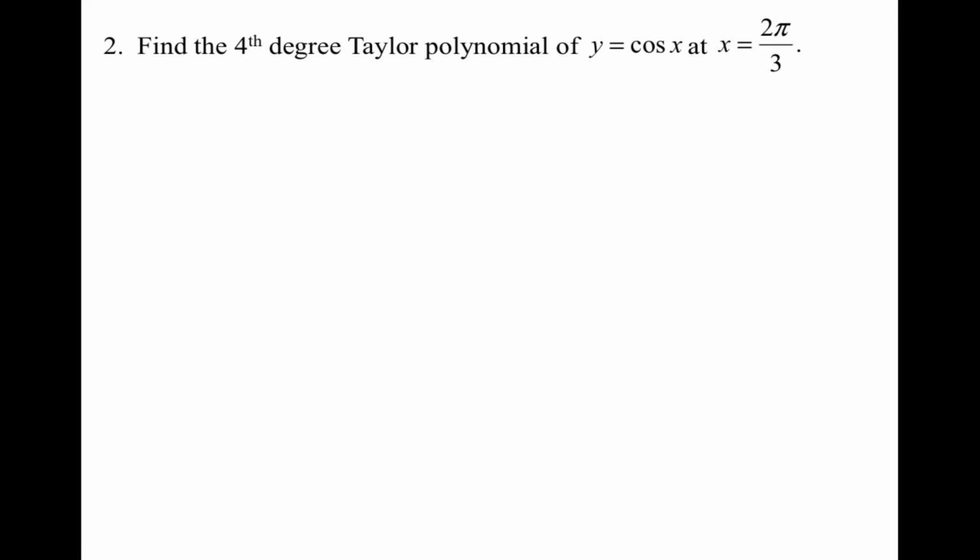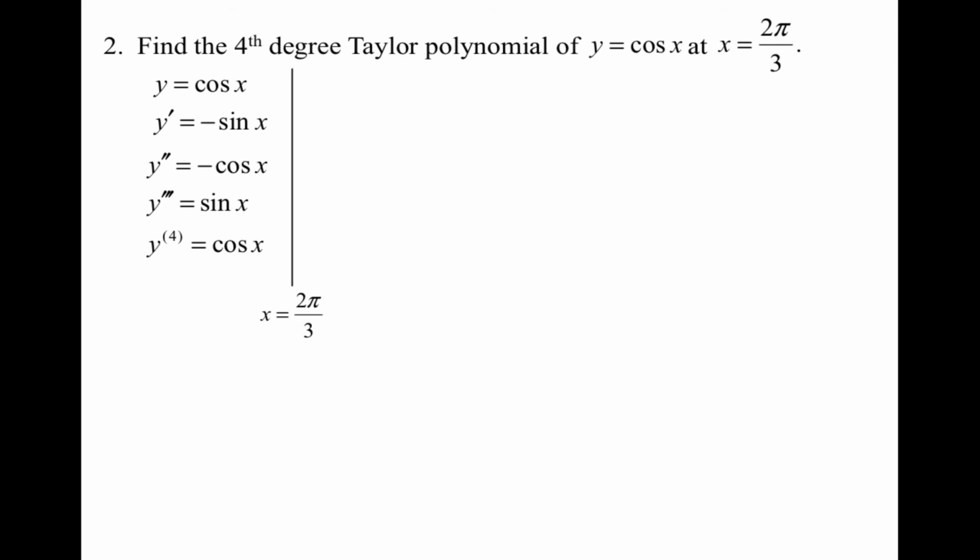Since you want fourth degree, you need to go all the way to the fourth derivative. So our first, basically the 0 derivative, is the original function. So y equals cosine x, first derivative, second derivative, third derivative, and fourth derivative. Now I'm going to evaluate each derivative at x equals 2 pi over 3. When I do that, I get -1/2, negative square root 3 over 2, 1/2, square root 3 over 2,